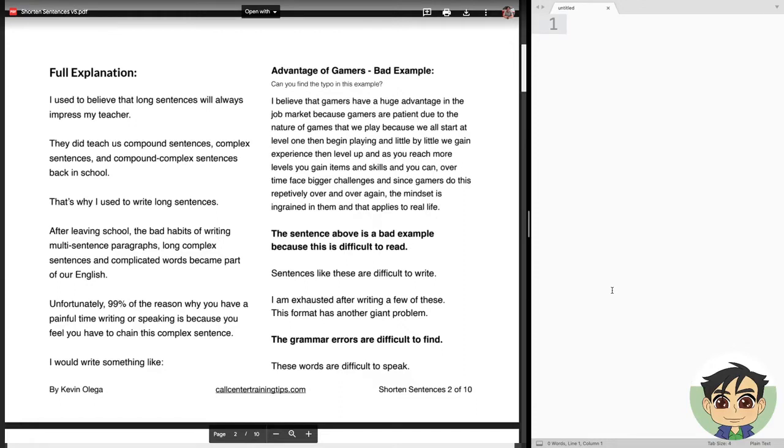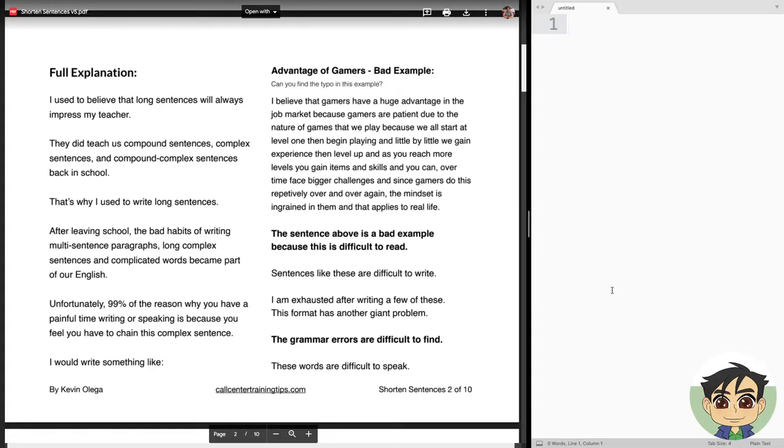They did teach us compound sentences, complex sentences, and compound complex sentences back in school. These are the sentences that we were asked to write for a long time. I believe that we started learning this at around second year or third year high school. This is the reason why we are used to writing long sentences.